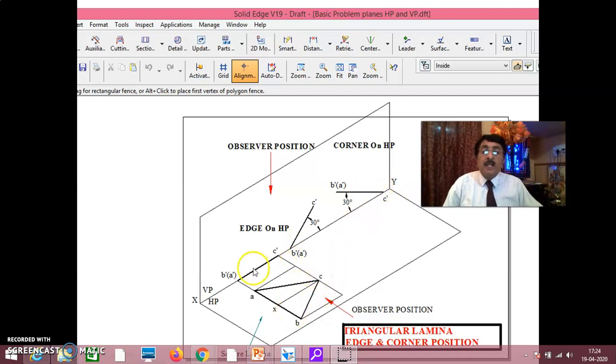As you know very well, see here, this is the top view, this is the front view. This front view and this front view are the same because whatever we are seeing here is the median length. When it is lying on VP and tilted parallel to VP, for an observer, this is the median length only. When it is tilted parallel to VP, this will be in its true length.